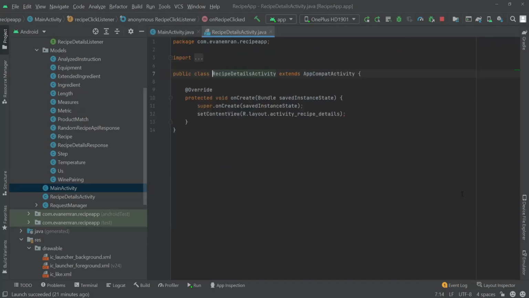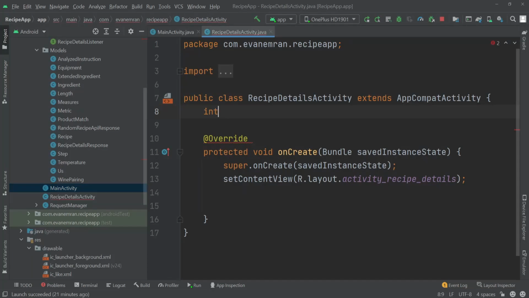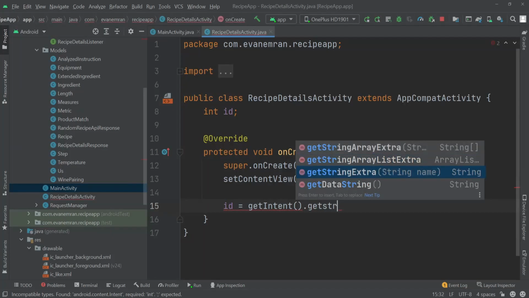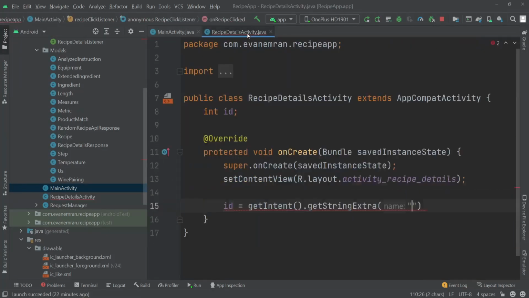So I'll go to this recipe details activity, and from here let's try to capture the ID first. So for this, here I'll create a global object, let's keep this integer int ID. Okay, and then we'll go here and we'll try to capture the ID from the intent. So we'll write here ID equals get intent dot get string extra, and here for the name of this data, as you can see inside the main activity we passed the name as ID. So here I'll also pass the name ID, add a semicolon here,